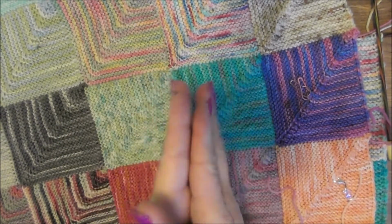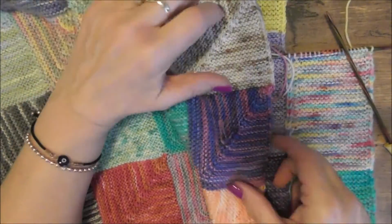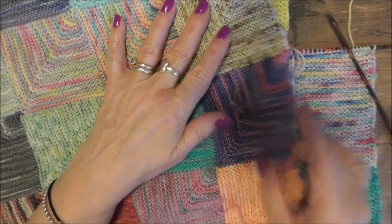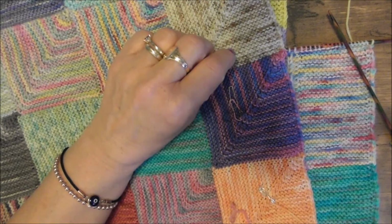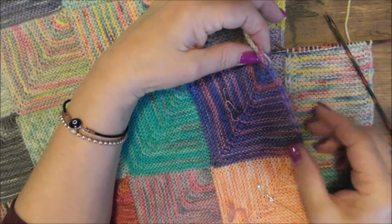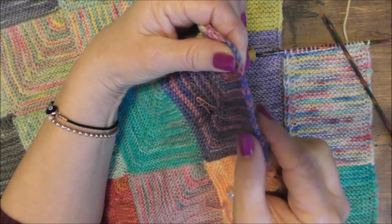Hi everyone, this is just a quick short video on how I join my squares or my stripes to my blankets. Even when I'm making wearables and they're not in the round, I always slip the first stitch, which kind of gives you this